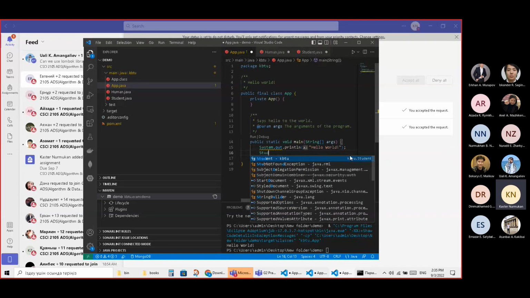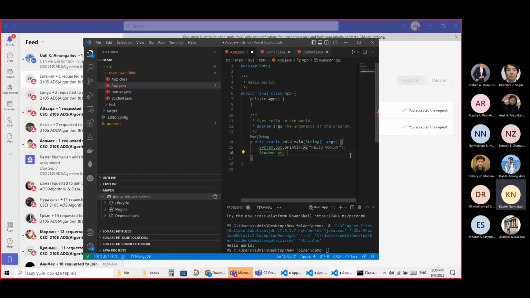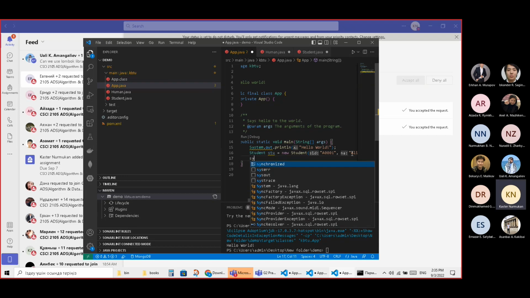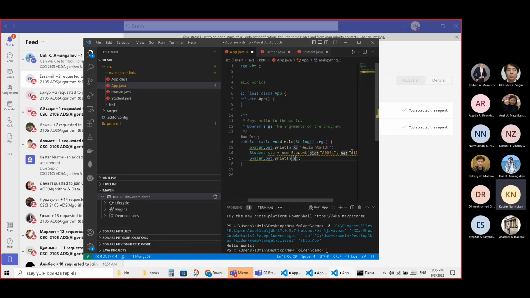Using student, tb2 stu, new instance as a SID. For example, I'm using A001, and the name is value, and then age is 20. I think it should be enough to construct my default instance. Now I'm using System.out, which will automatically generate,